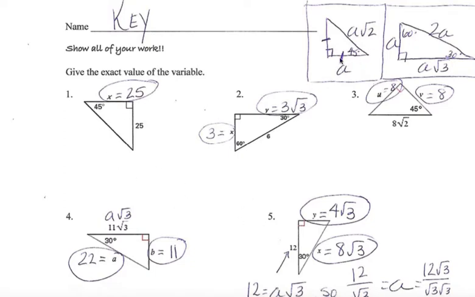So 45, 45, 90 triangles, you know the legs are the same length. So this must be 25, the same length as this one. For number 2, you were given the length of the hypotenuse on a 30, 60, 90 triangle. Whenever you have a 30, 60, 90 triangle, the length I want to know first is the short leg because everything depends on that. But this one we have to work backwards. So 2a is 6, so go backwards to the short leg. 6 divided by 2 is going to give us 3,